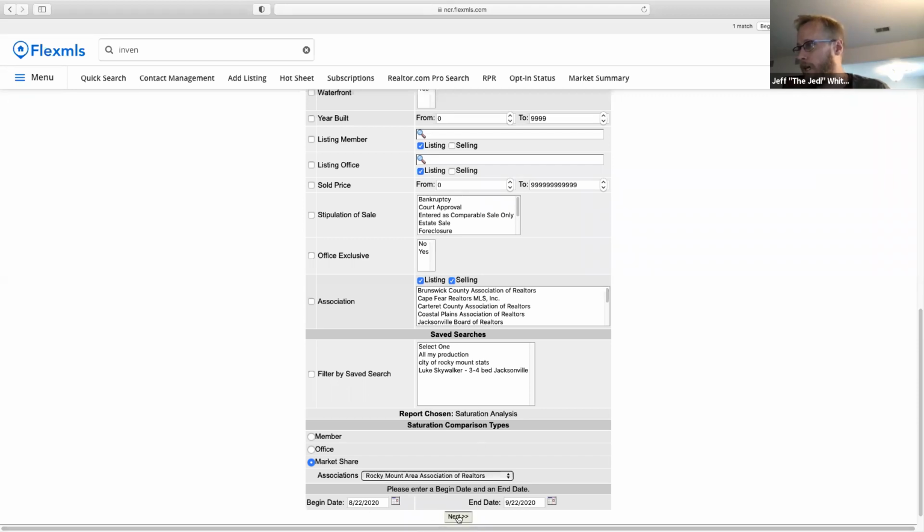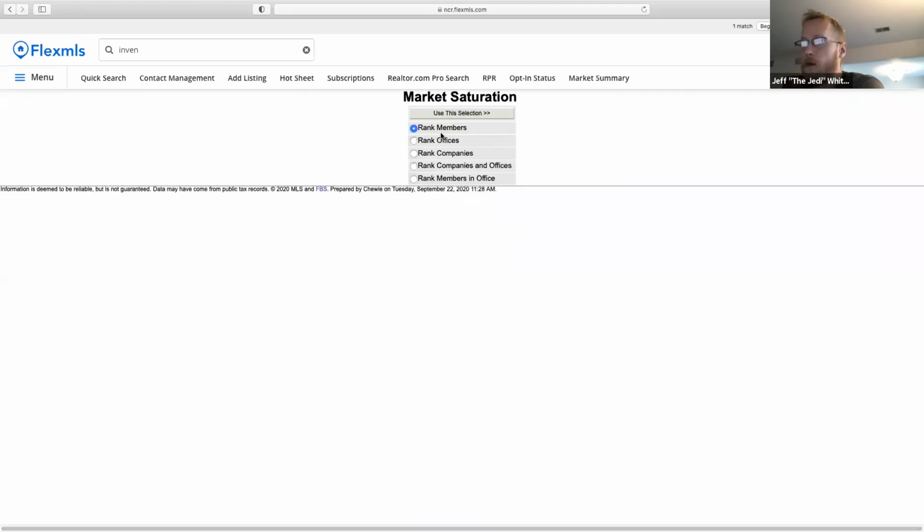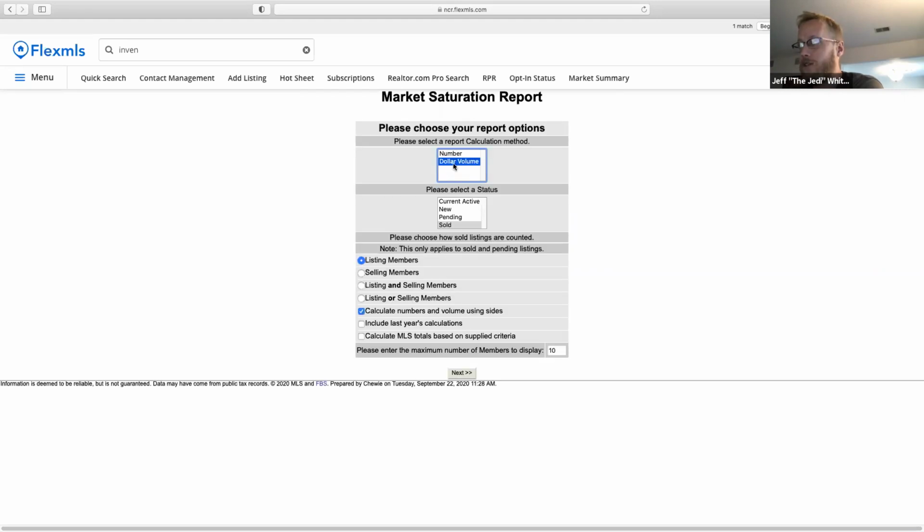We'll click on next, rank members, use the selection. Now the key thing, again, I always like to do dollar volume, listing or selling member if you're on either side of the transaction. The sides means you only get half credit if you're sharing the listing with another realtor or you're sharing the sale with another member. Let's just do 200